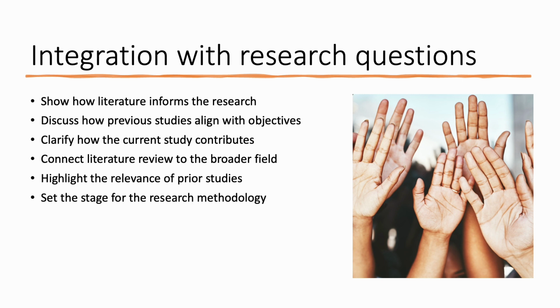At the end of your literature review, make sure you've connected the literature to all the aspects that need to be connected. Make sure that you highlight the relevant aspects of those previous studies and set the stage for the next chapter, which is often going to be your research method chapter. How are you now going to go about the work? So in this literature review chapter, you might have reviewed the literature on the different methods available. Your method chapter would then go, what exactly are you going to be specifically doing in your work?